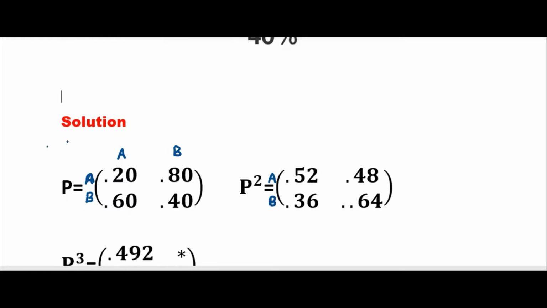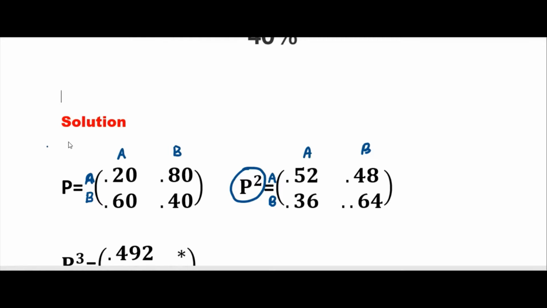However, if you see here, the probabilities are not the same. So here A to A in one move. P matrix means A to A in one move. What is the probability that it will be in the same state after one move? This gives you the probabilities here, 4 probabilities. The first one is, what is the probability that A will be in state A after 2 moves? It's 0.52. You just multiply P with P, matrix multiplication, you will get it.